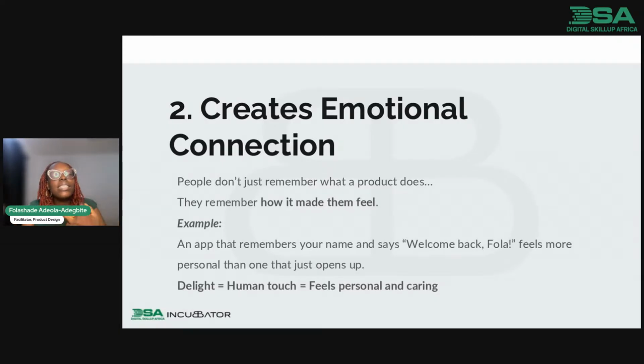So when we design a delightful experience, we are not just trying to make things look cute or fun. We are actually saying, I see you, I care about you, I care about how you feel. I want this experience for you to be comfortable, or I want it to be joyful. I want it to be easy no matter who you are, regardless of who you are. Do you get?